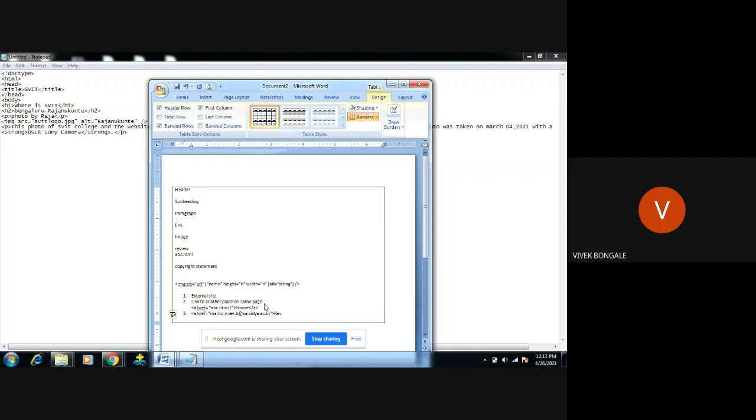So I give review, then close this anchor tag. This type of thing we can also give. And if I want to link to some JavaScript function, it is the same: href equals, the common tag we use, followed by the type of link we want to use in my web page.